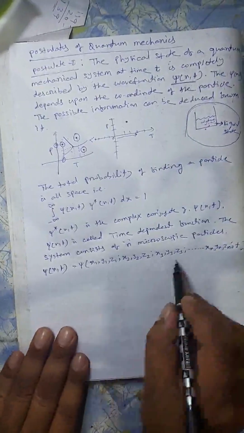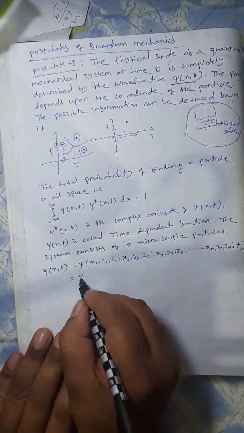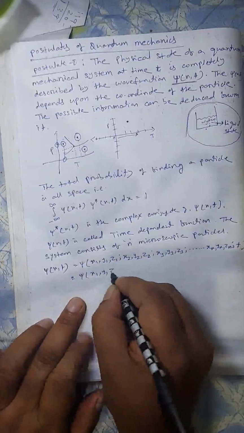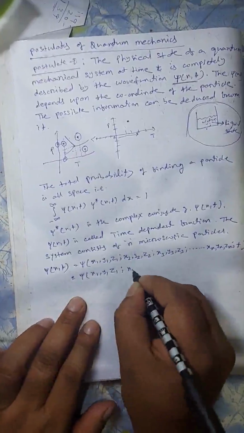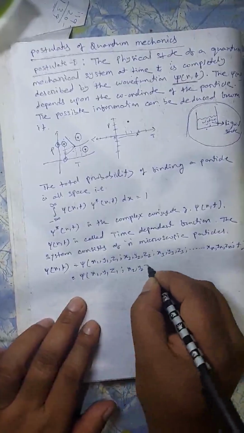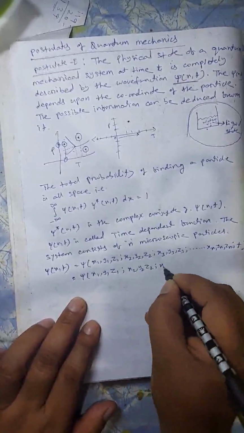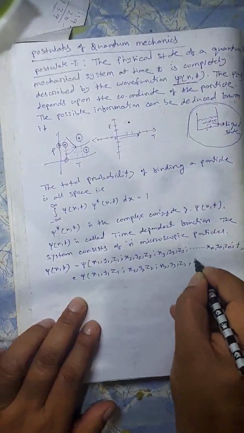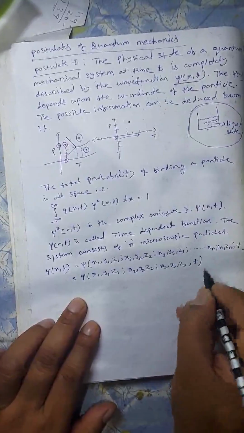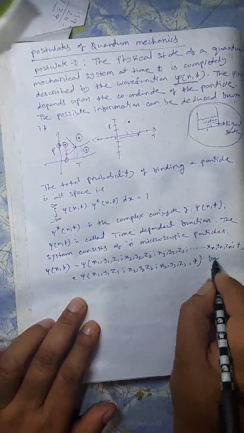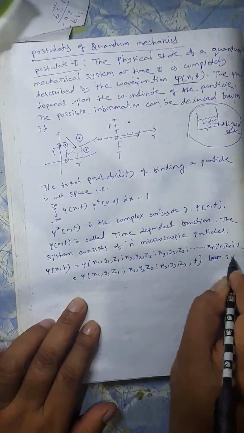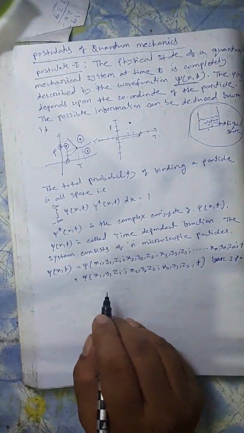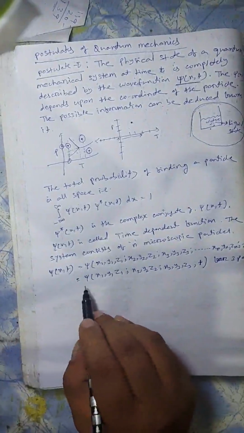For example, for 3 particles, psi(x1, y1, z1, x2, y2, z2, x3, y3, z3, t). For n particles it is of such type, and this is called the time dependent